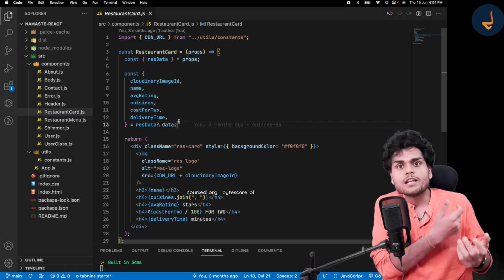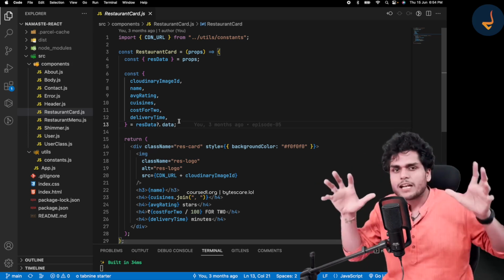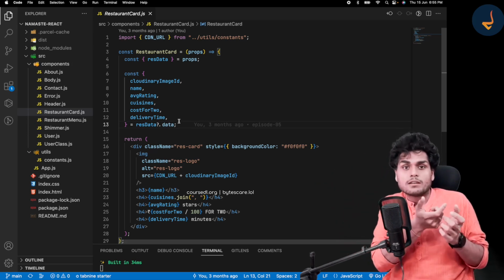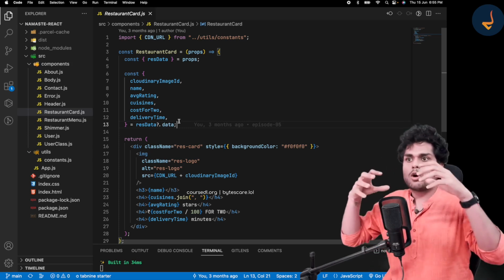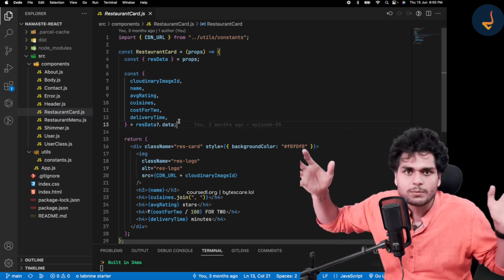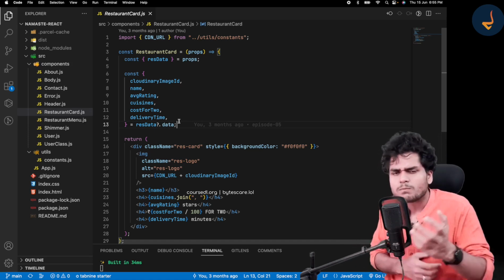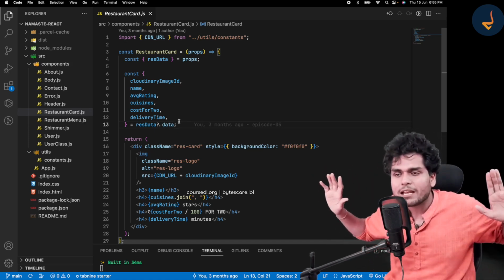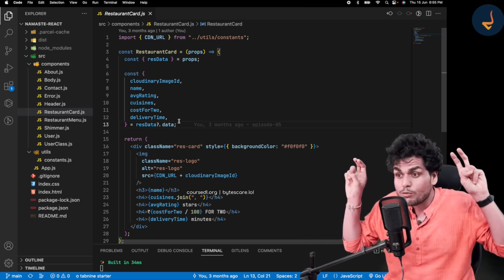So why are hooks used? Hooks are like utility functions. Let me summarize it once again. What is a hook at the end of the day, whether it is our custom hook or a hook given to us by some library? At the end of the day, a hook is just a utility function. A normal function. No need to panic. A lot of students just panic when they hear the word hook.